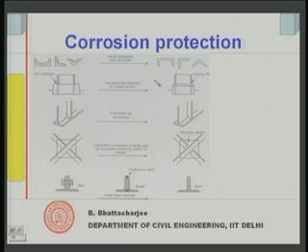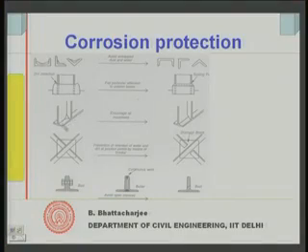If dirt collects, it will attract moisture; both moisture and oxygen are then available, and corrosion will proceed. Corrosion is a phenomenon where the presence of water and oxygen is essential. So, if we can keep moisture out of the structure, and oxygen obviously you cannot keep out, but moisture out of it, it would actually ensure that there is no corrosion.